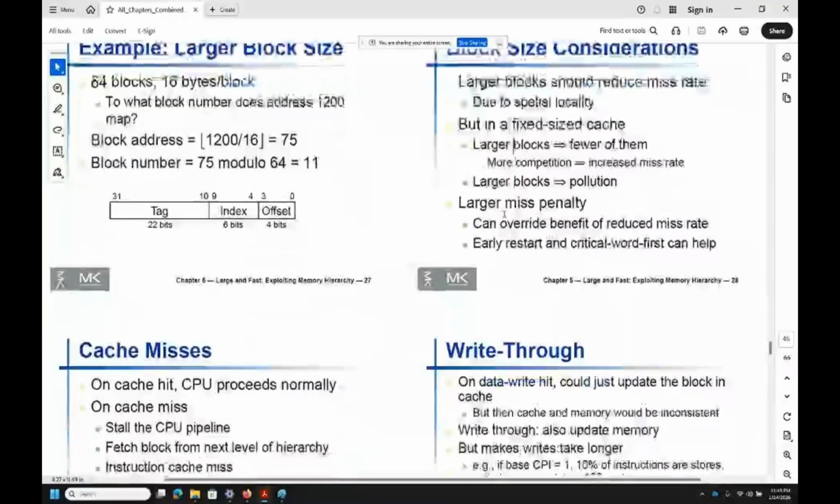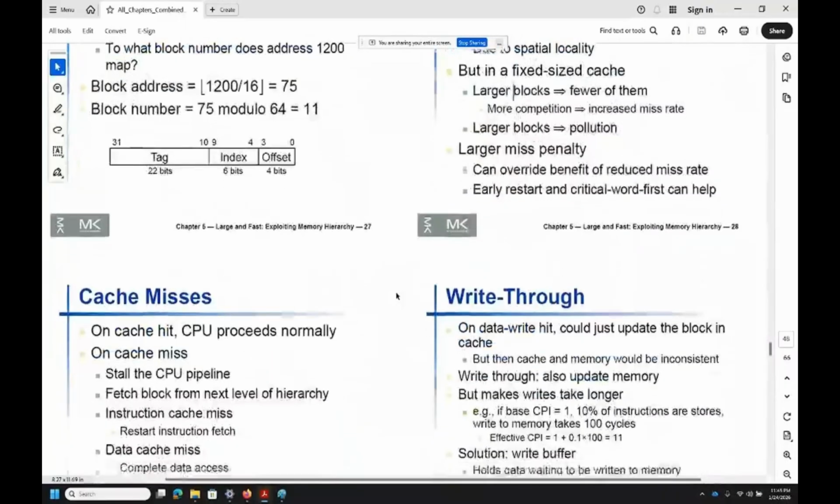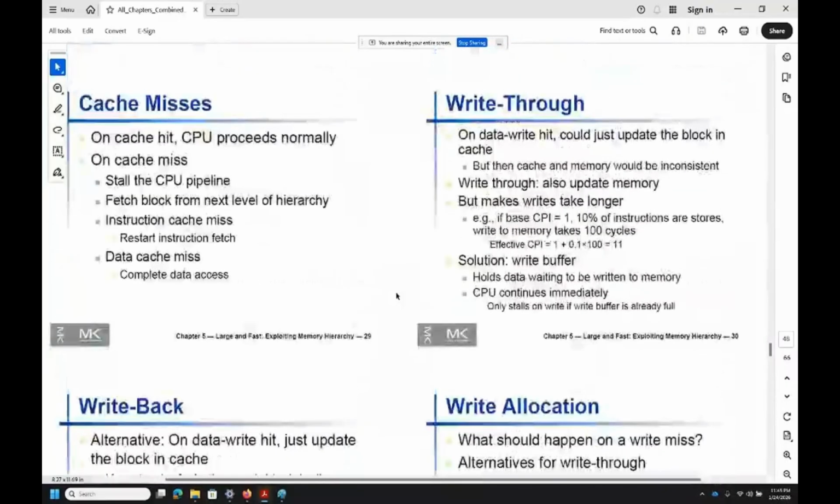So the block can't be too big and the block can't be too small. Both are problems. So cache misses: when the cache hits, the CPU proceeds normally. Basically, if the data is there in the cache, it proceeds normally. But if it misses, then the CPU has to stall the CPU pipeline, fetch the block from the next level of the hierarchy, and if it is an instruction that was missed,